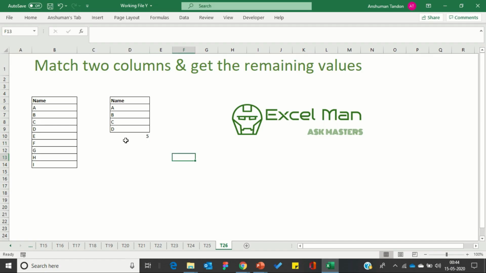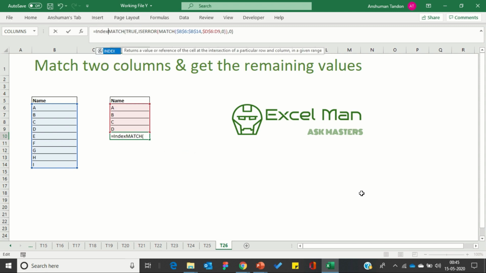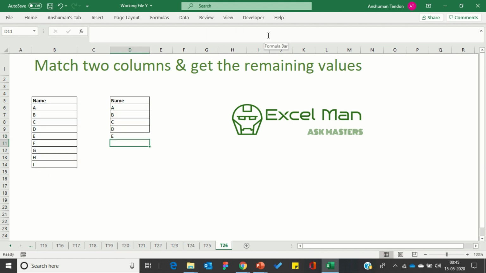To get the missing values, we will add one more function, and that is the INDEX function. So we will go to the start, type index, then open the bracket. The first thing it is asking for is the array, so we will select that first database, then we will put a comma, and we will fix this range to ensure that when we copy and paste it to the next cell, we don't get any change in this data range. So now we have put the lookup array and the lookup value that we found through this function. Now we will close the bracket and press enter. You can see now that we get the fifth missing value over here.